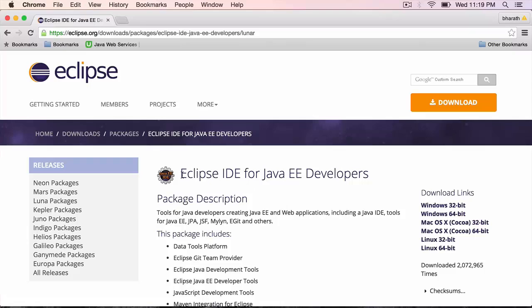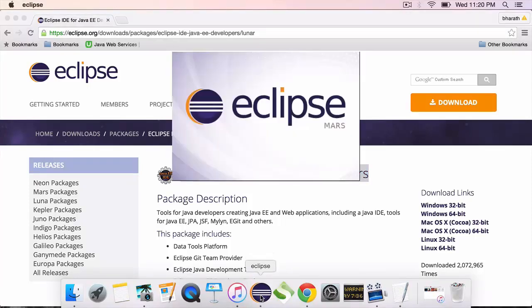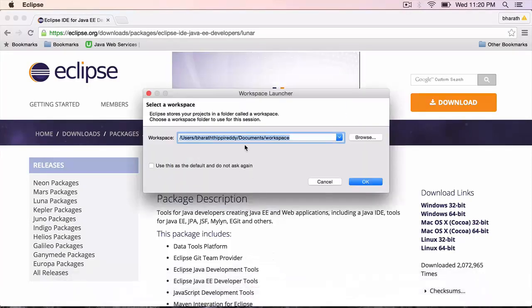And make sure that you are downloading Eclipse IDE for Java EE developers. Once you have downloaded Eclipse, depending on your operating system, if it's Windows, you will unzip the contents and then you will have a shortcut like this. To launch Eclipse, click on that shortcut and choose a workspace.